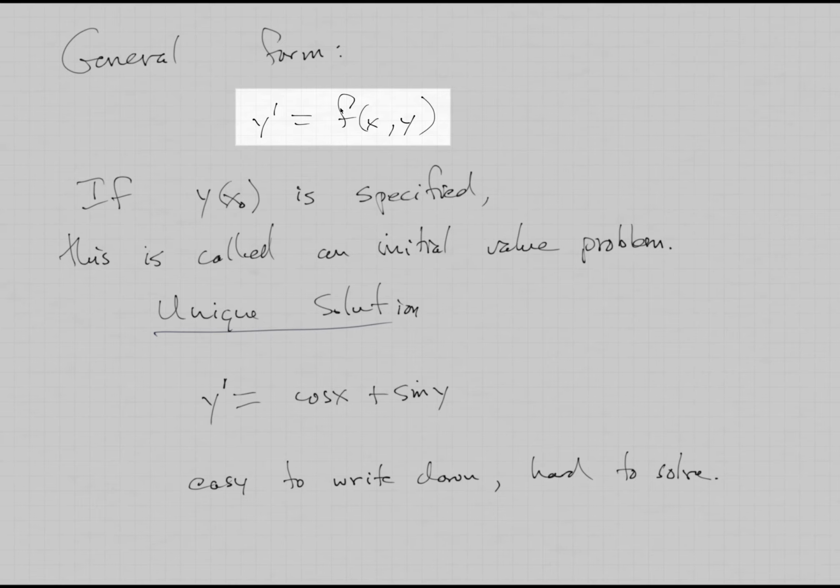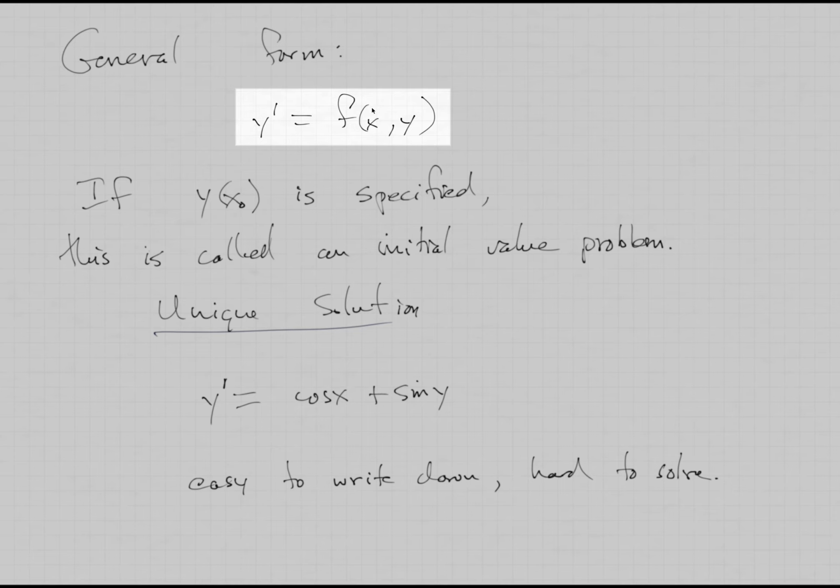So we've got a function f that tells us what y prime should be at every point in the xy plane. Y prime, of course, is the slope of the curve we're looking for, the function we're looking for. And so if we know the slope at every point, every potential point where the curve might wander to, then what we do is